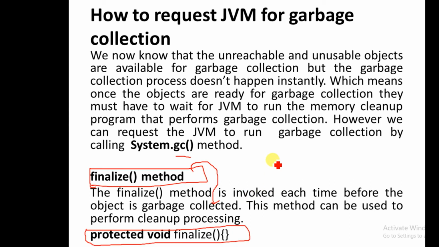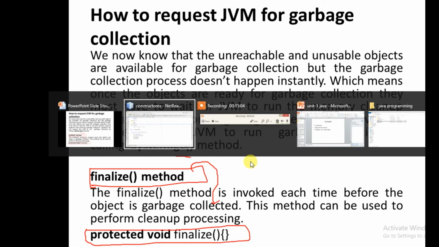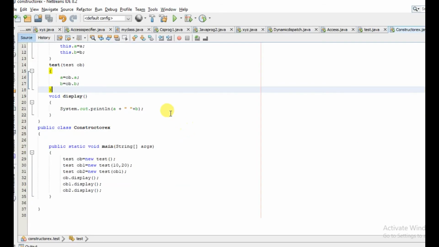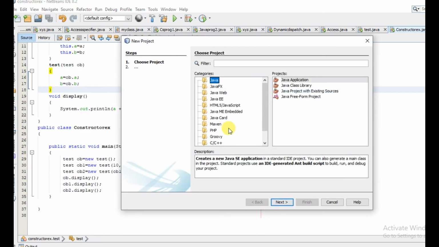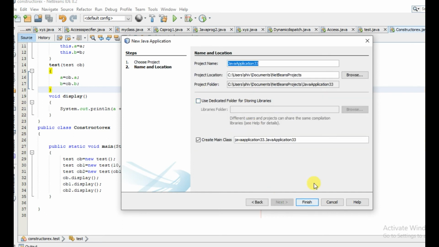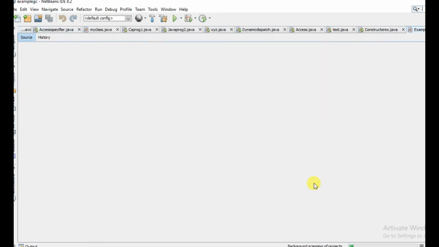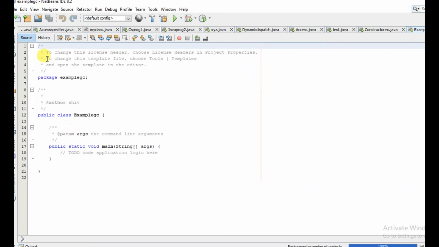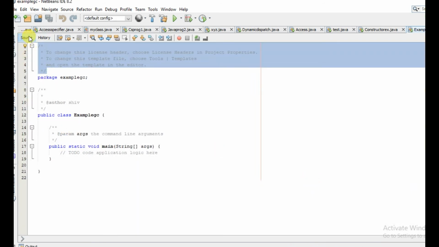So let us come back to our NetBeans IDE. Okay, now let us create a new project, Java application, example garbage collection. Let us remove the comment section.